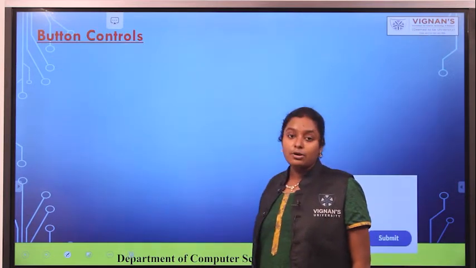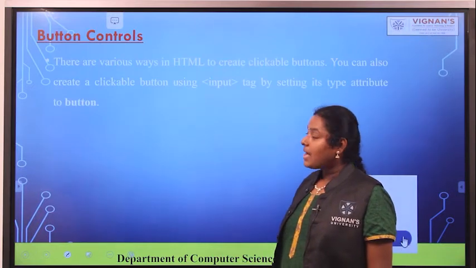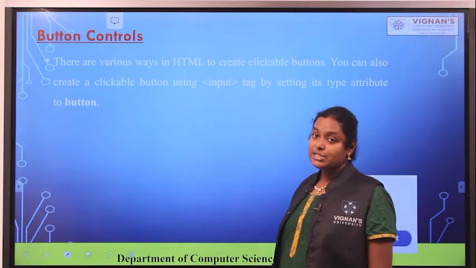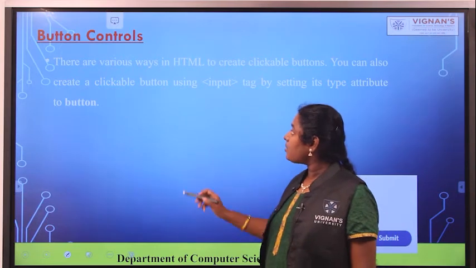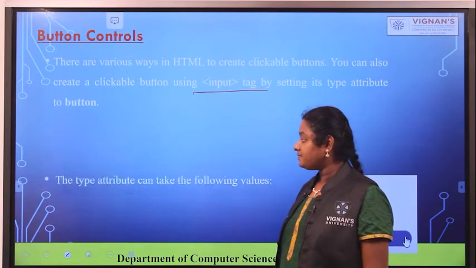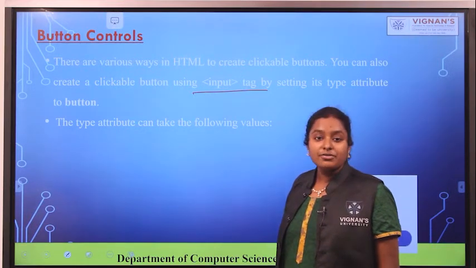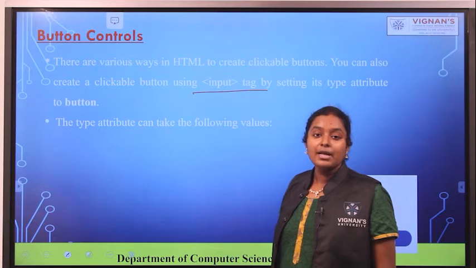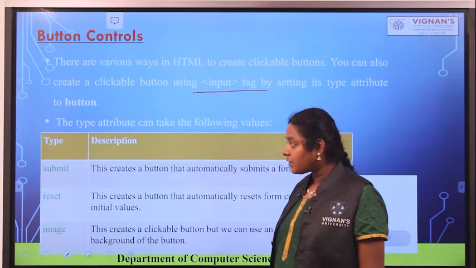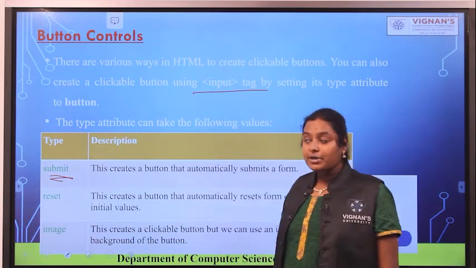So the next control we are going to discuss is the button controls. There are various ways to create HTML buttons. Here you are using a tag called the input tag to create a button. Based on changing the values of the type attribute, you are able to create multiple buttons. If you give type equal to submit within the input tag,